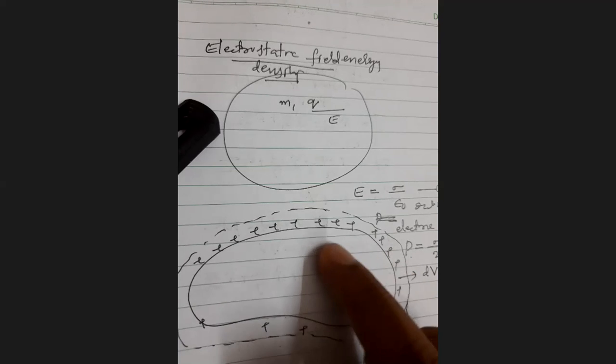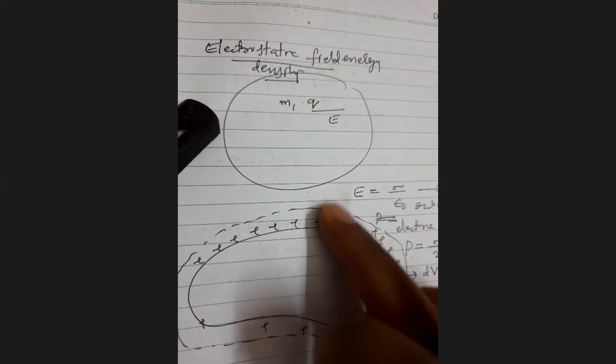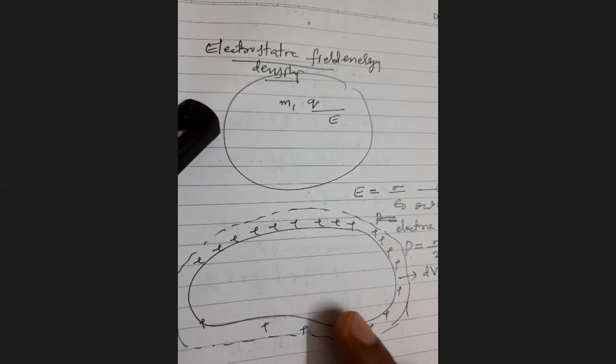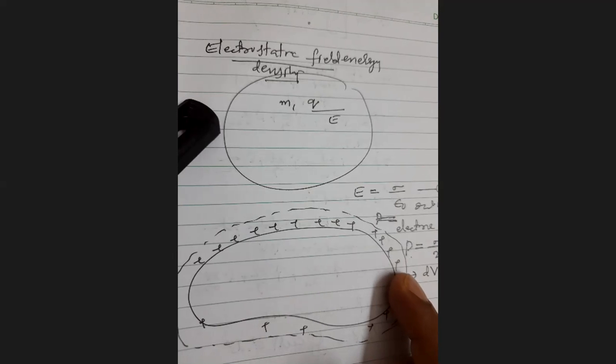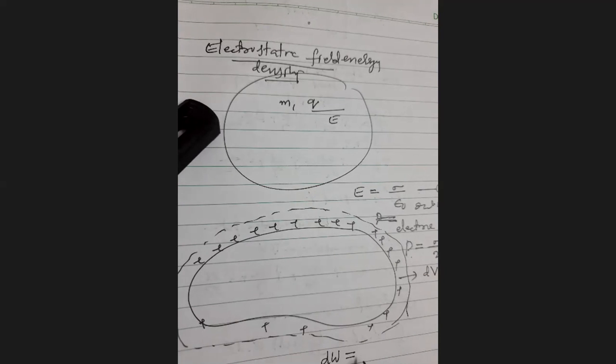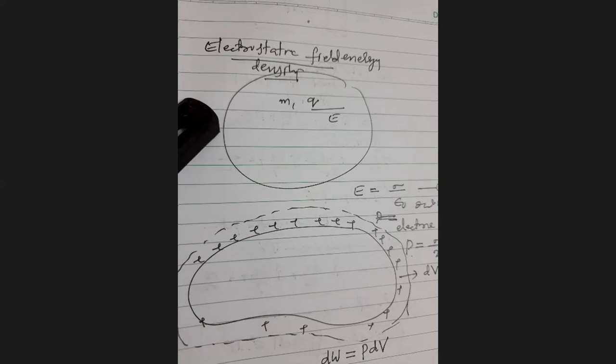So due to the outward force, it expands as shown in this figure, right? So inside the body, there will be no electric field. Earlier, before expansion, there was field in the region with volume dV, which corresponds to the increase in volume of the charged body, right? So now we can write dW is equal to what? In this expansion process, the work done dW equals P into dV, right?